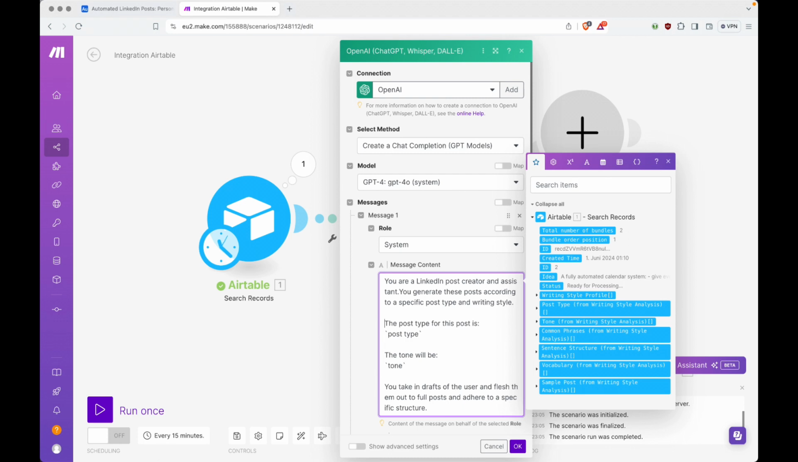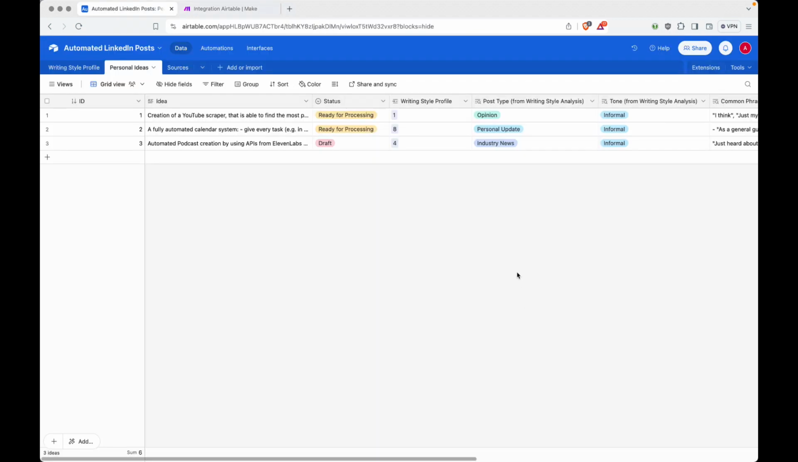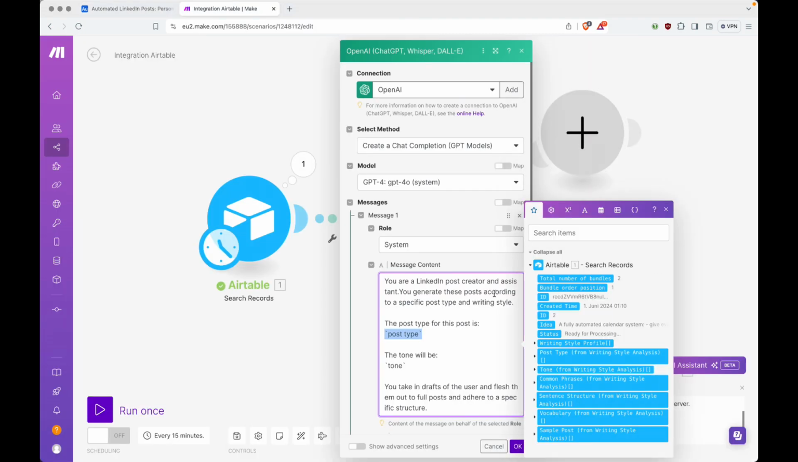Right now, the post type for this post, and now you see where we are using all this information from the tables, right? So if we have our personal ideas table, and then within this table the reference to our profiles, and then again all the information we have from this other table. So this is where we will use our post type. So what kind of post is this going to be? And we will choose the post type,